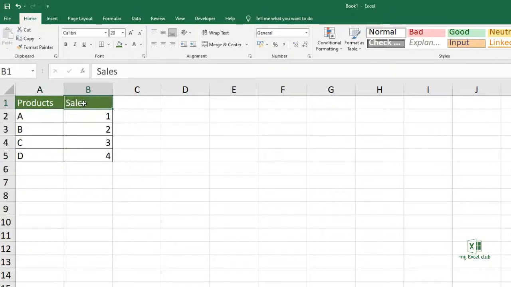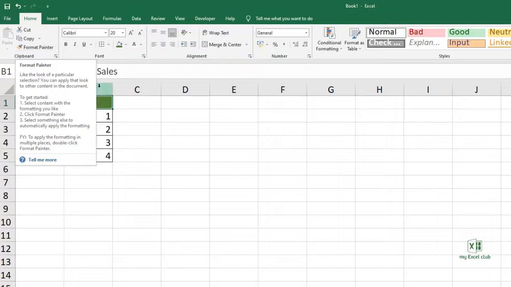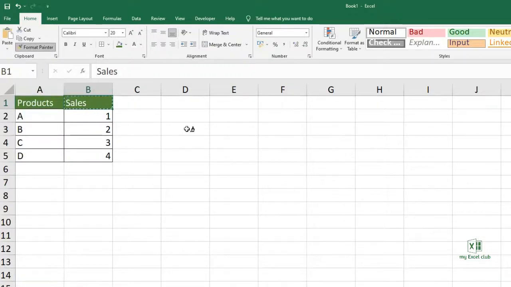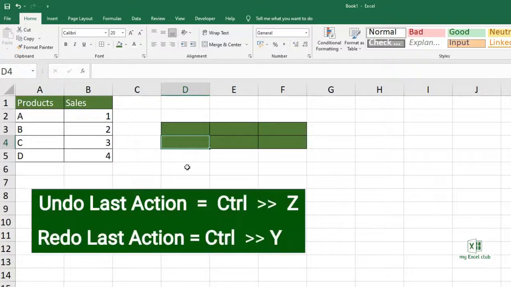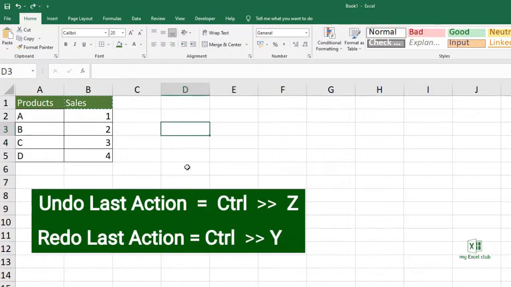If you want to apply this formatting in some other cell, you can use this brush icon. Choose this cell, select this brush icon and then select the cell where you want to apply this formatting. If you want to apply this formatting in multiple cells in one go, then choose this cell and double click on the brush icon and then select all the cells where you want to apply this formatting. Press the Escape key to get it away and then I am doing Ctrl Z to undo these actions.